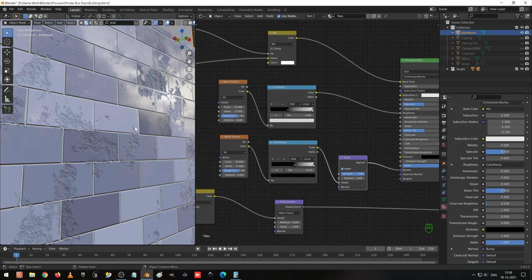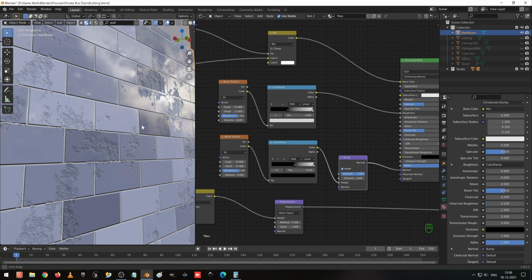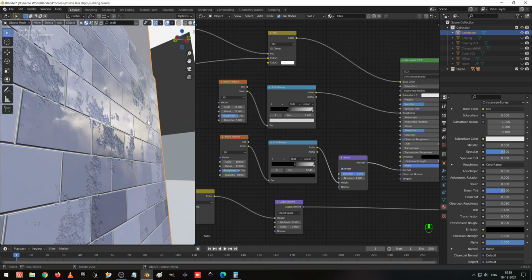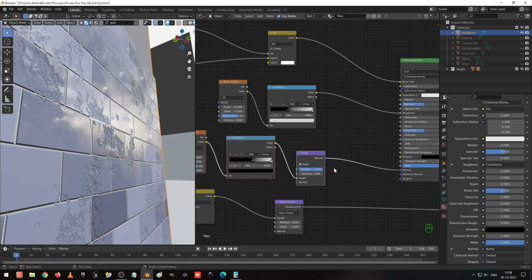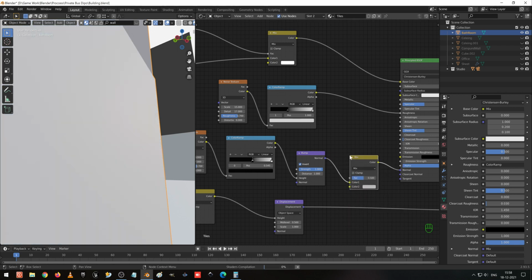So that one looks like the same color, which is not required for us. I have given the roughness also for that, so it doesn't go along with it. So we can add a mix color for this. I add a mix shader again, mix RGB, and we can try to change the color a little bit.